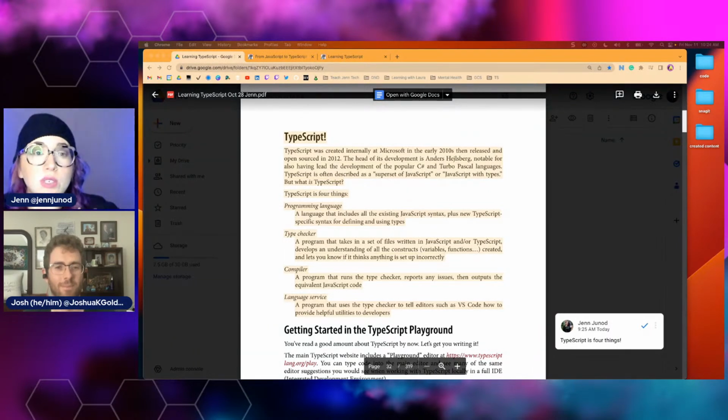But so language service is a fancy way of saying, probably not just fancy, the official way of saying, if you hit tab, it'll autocomplete and give you the option to autocomplete. Yes, exactly. Autocomplete, find all references, rename, all that stuff is language service. Sweet. Okay. I never knew it had a name like that.